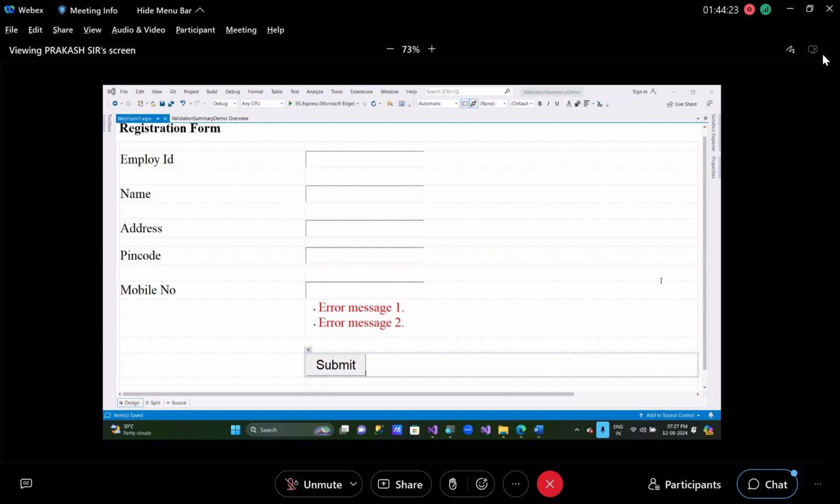So I need to add how many required field validators? 3 required field validators. Please add them. Okay. And don't change any properties. Add them and leave them. Changing, I'll tell you. Whatever I say, you do it. Let's add 3